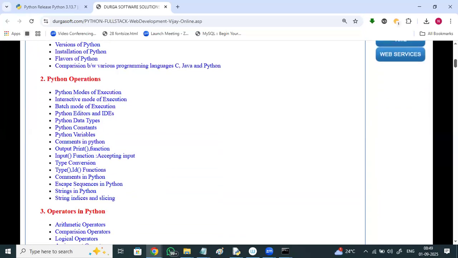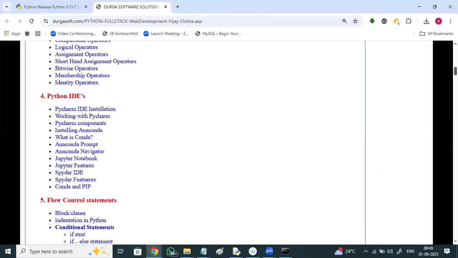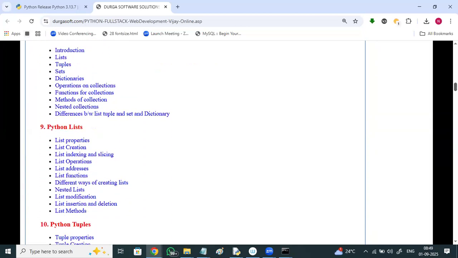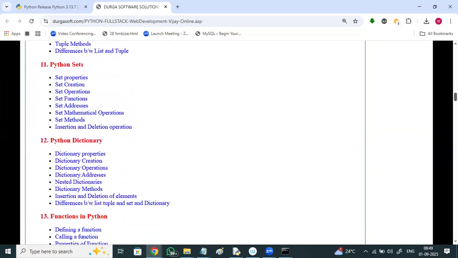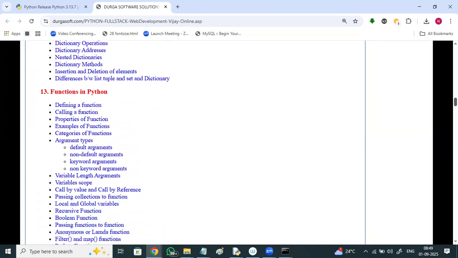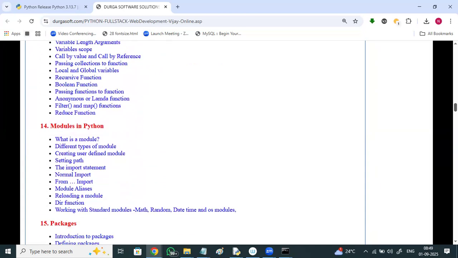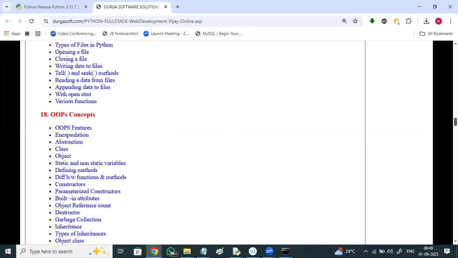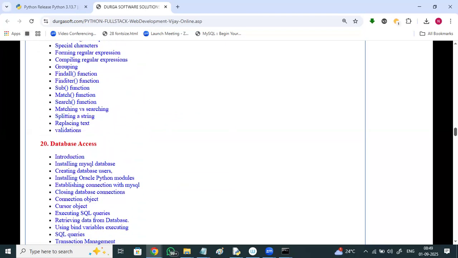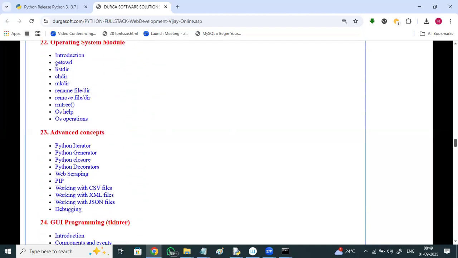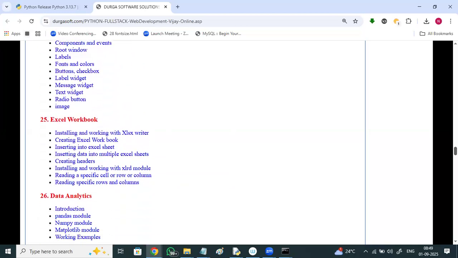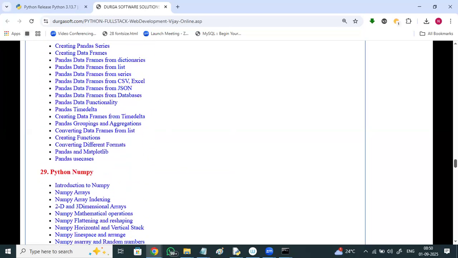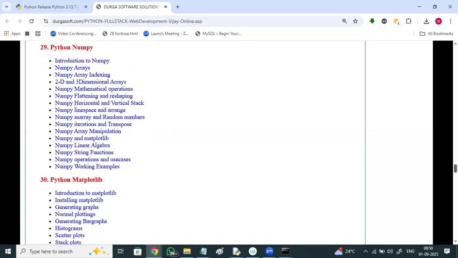Installations, features, Python operations, operators in Python, various IDEs supported by Python, flow control statements, looping statements, strings, collections, list operations, tuple operations, set operations, dictionary operations, functions, different types, lambda functions, filter function, map function, reduce function, modules, packages in Python, errors and exception handling, file handling, object-oriented programming concepts in brief, regular expressions, database access, Python date and time, OS module, advanced concepts like iterator, generator, closures, decorators, Excel workbook, data analytics, introduction to data science, Python pandas module in brief, NumPy module, and matplotlib module in brief.